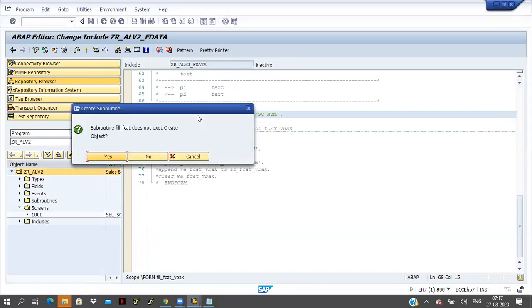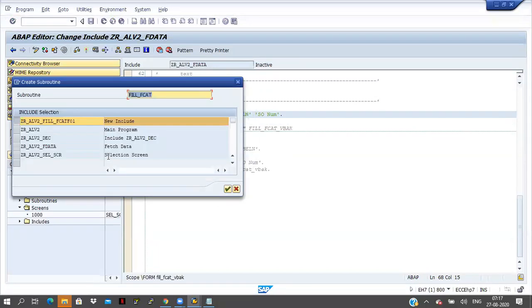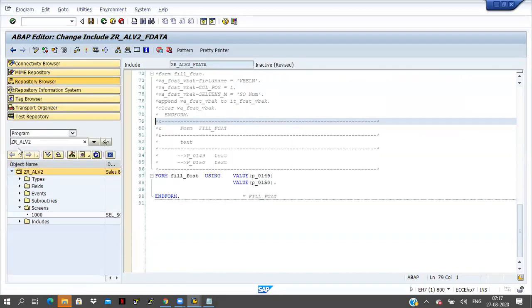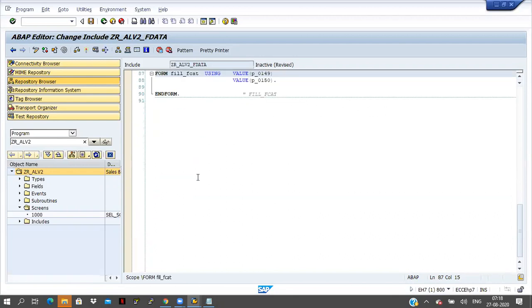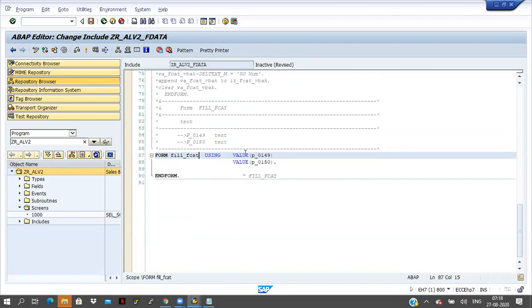Click on the S button. Select the fetch data include here. If you double click on that one, automatically fill_fcat is coming at the end of the program, right? And some value is coming here by default.